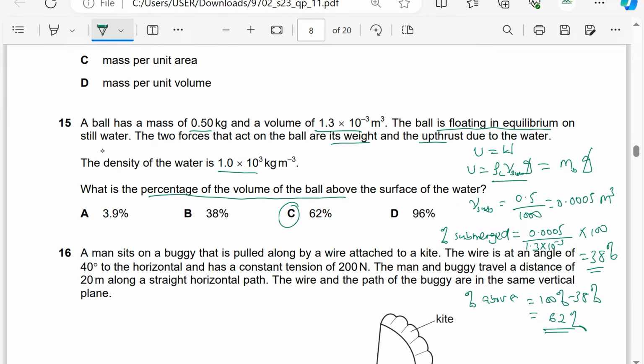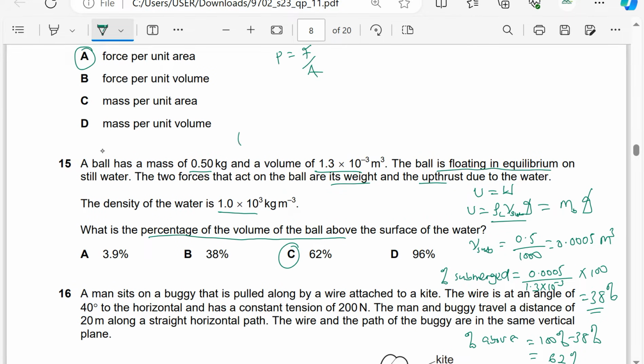Note how I got the volume submerged. Upthrust is equal to the mass of the liquid times g, where the mass of the liquid is the same as the density of the liquid times the volume of liquid displaced. I want to make this clear for the starters. Upthrust is the mass of the liquid displaced times g. The mass of the liquid displaced is the density of the liquid displaced times the volume of the liquid displaced